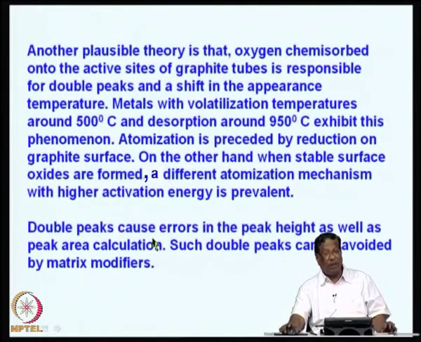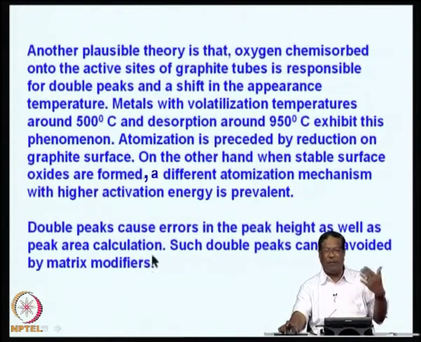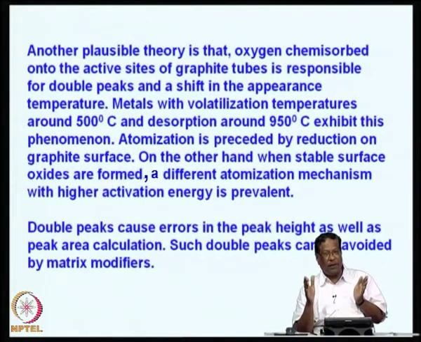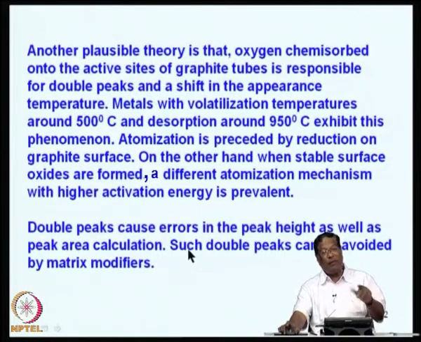energy. So, double peaks in general cause errors in the peak height, because you do not know which peak to take, what should be the peak height, etc. But in peak area, the error can be minimized to a certain extent, because when you are doing the atomic absorption in graphite tube, you cannot really control antimony 3 and antimony 5 formation. It all happens in such a small interval of few seconds that it is almost impossible. But these double peaks disappear with matrix modifiers. That is a very strange